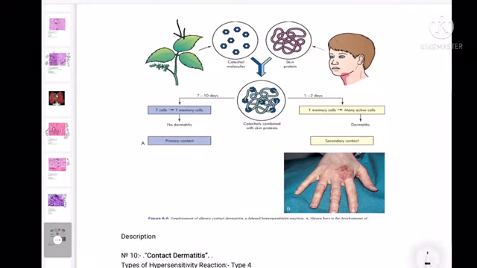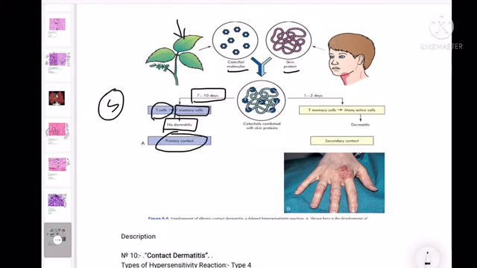with certain leaf or plant, then a certain chemical like the catechol molecule from the plant binds with skin protein. For the first time, the first interaction is the sensitization phase. And after 7 to 10 days, the T cells activate and they become T memory cells. But in the sensitization phase, there will be no dermatitis. So this is the primary contact or the first contact. When the person